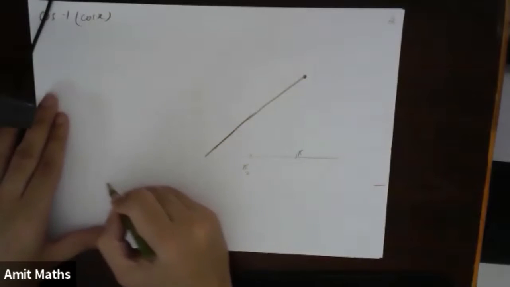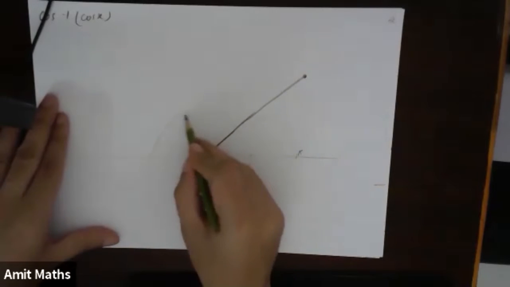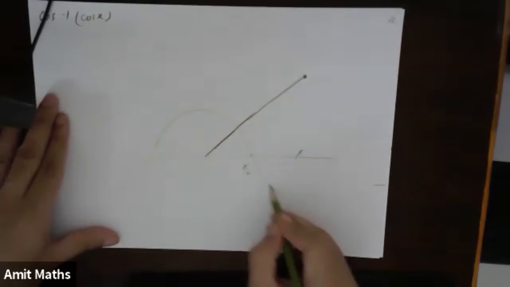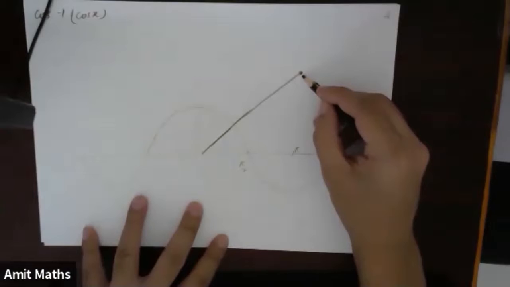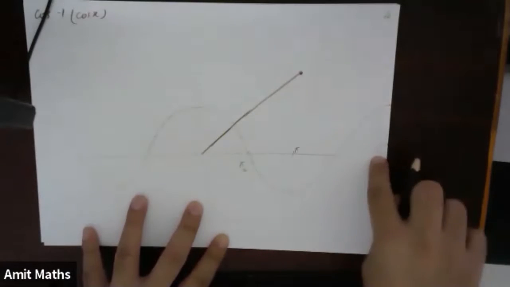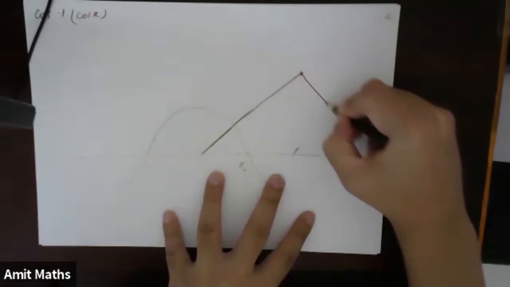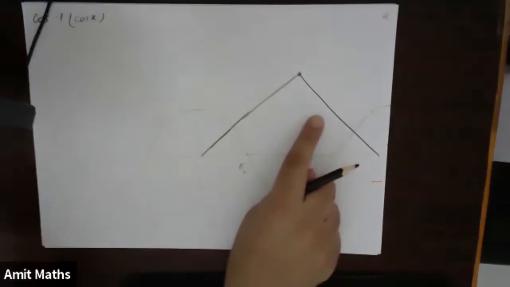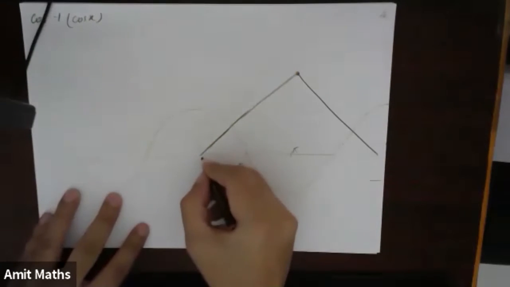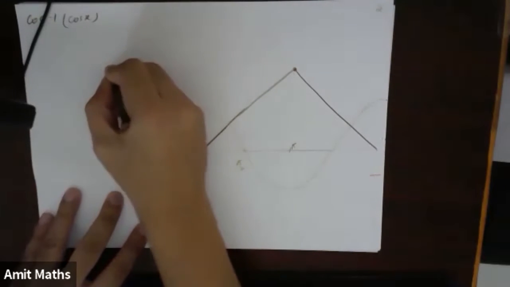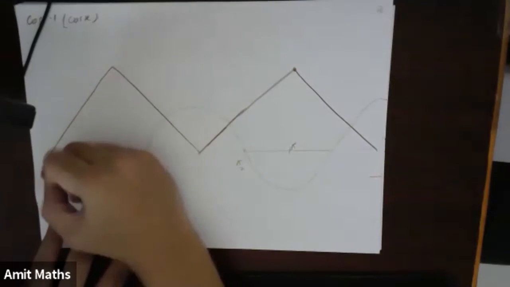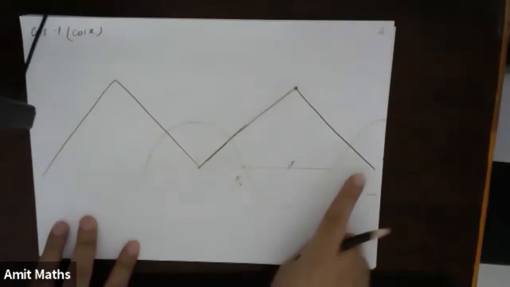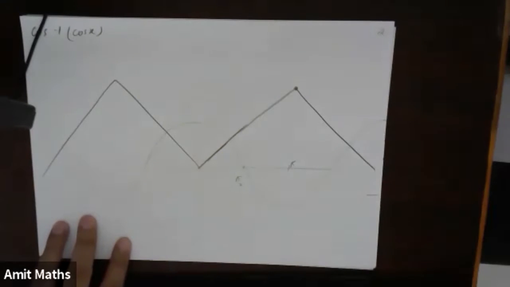But I don't want to make it very clear so that you won't get confused. It is okay, I've just drawn the cos curve at the back end. So now this will become like this. Now again, how will it come back? It will simply come back like this. So this will be the cos function. Again, it will go like this and come back. Now this will be the M shape, and it will keep on going.